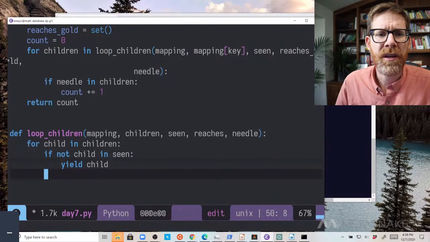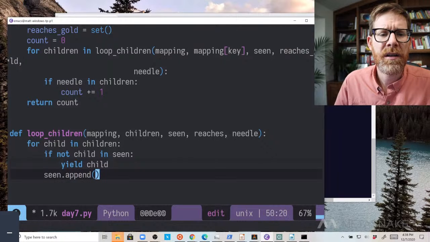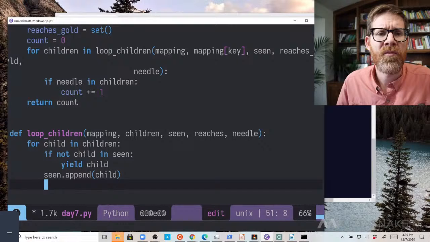And then we're going to say scene.append child. And then we say yield from